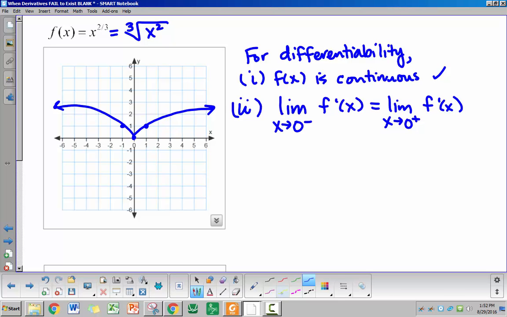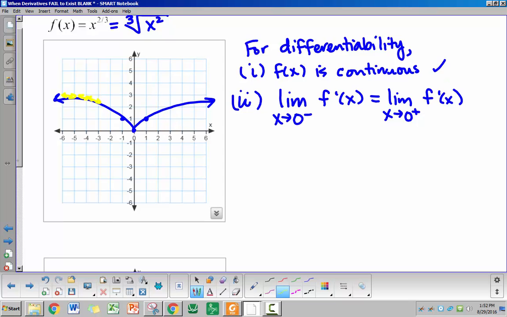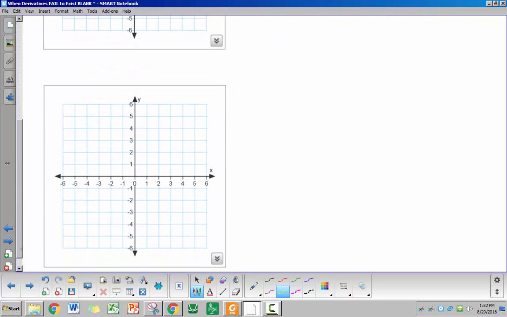So what's happening to the slopes on the left? What kind of slopes do we have of tangent lines? Negative and getting big negative. And then on this side we have positive headed towards 0, small positive heading to big positive. Okay, so if we were going to graph the derivative,